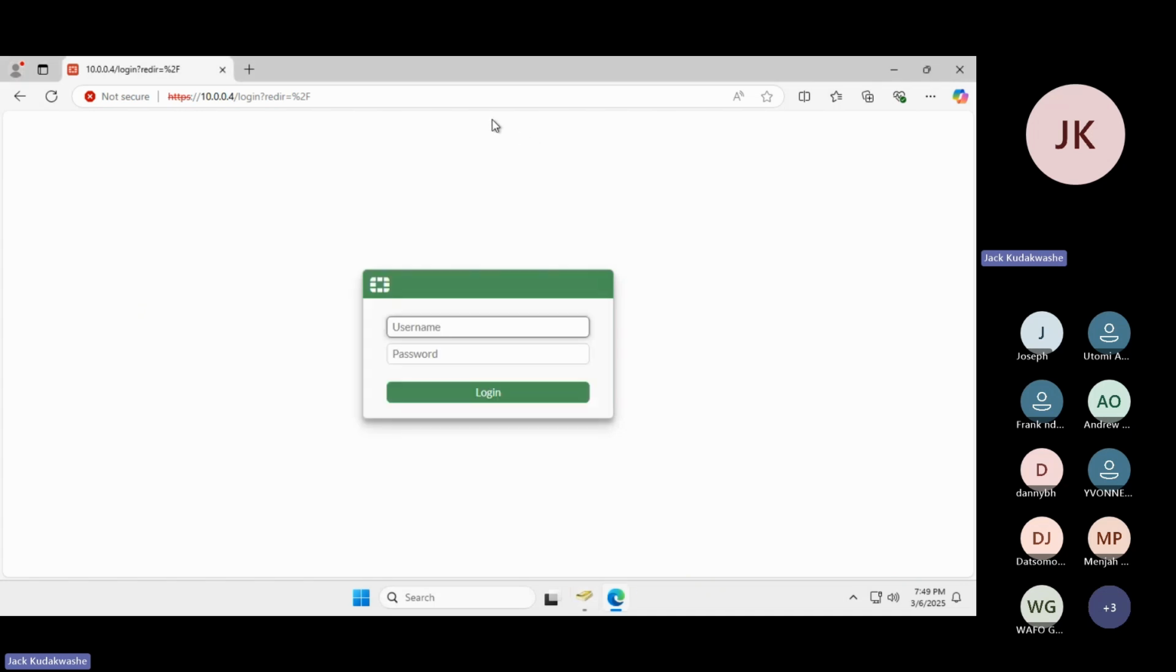And after you see that, open the browser, and please enter the IP address and hit enter. The IP address that I entered in the browser, I'm just going to share the